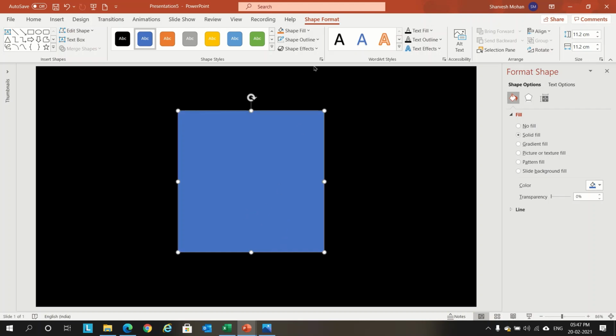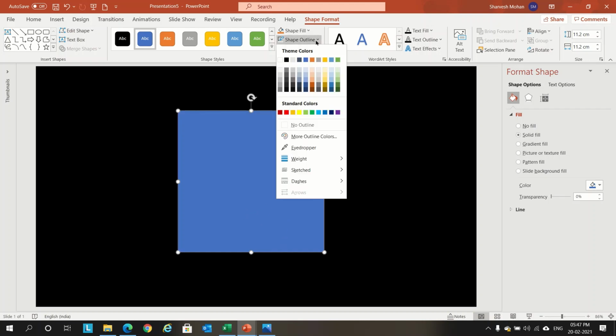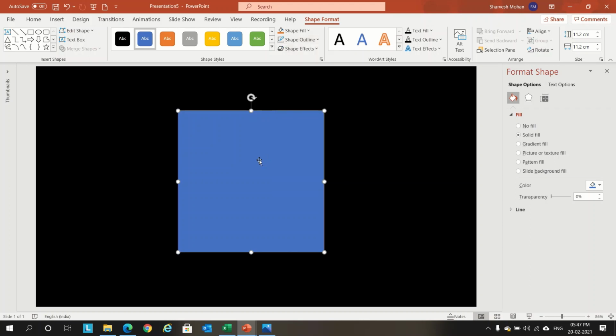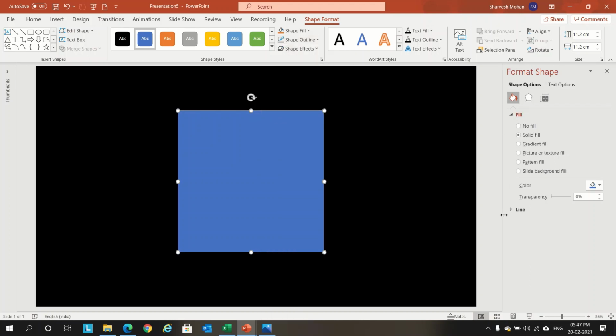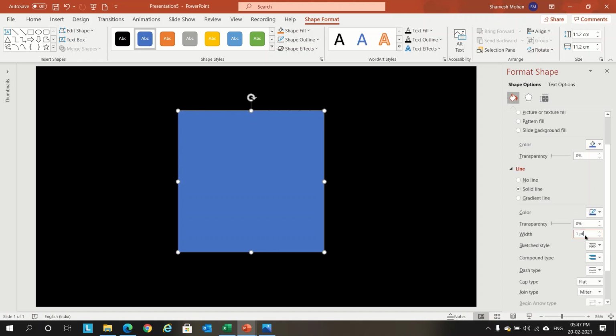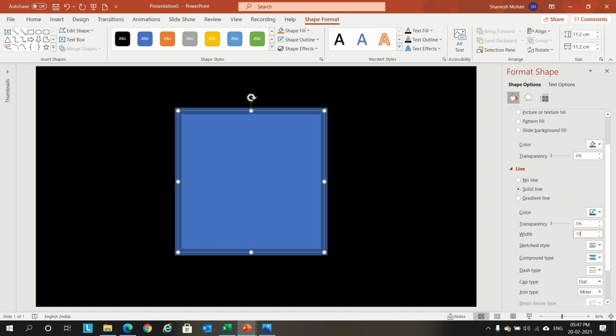Then we'll go to shape outline, or else we'll click here and go to format shape. We'll go to line. There we'll give a width of 15 points and we'll give the compound type option as thick thin.